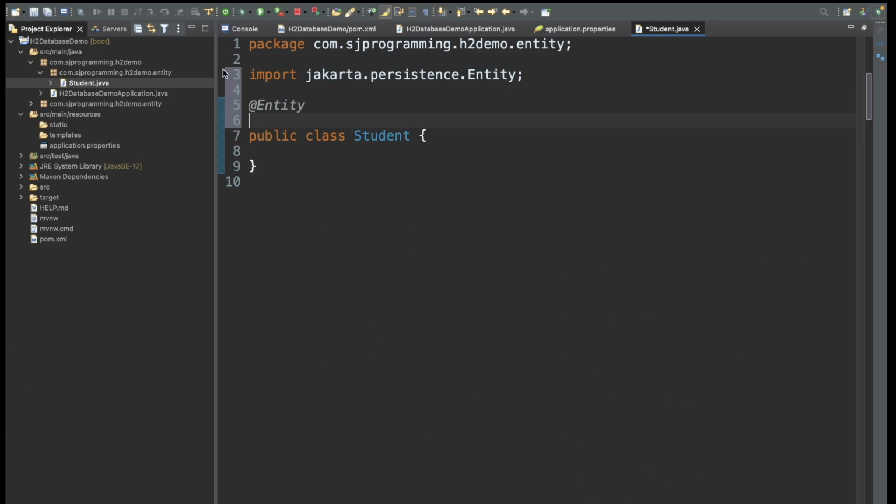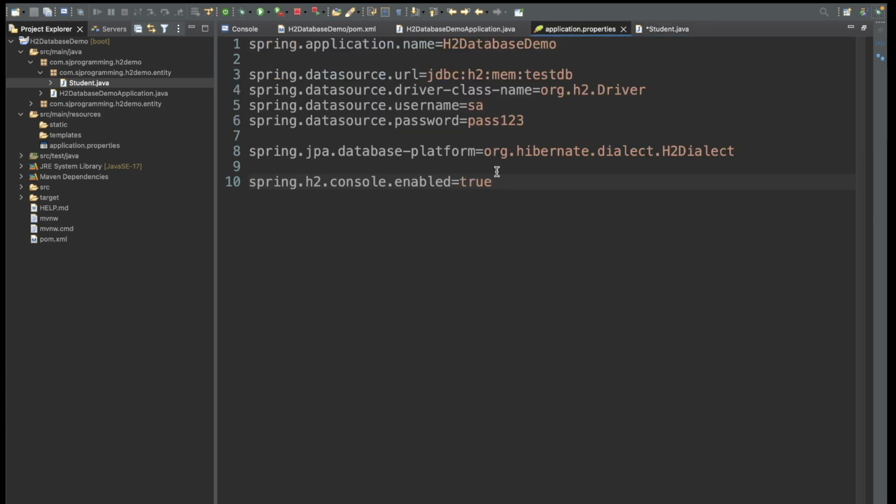And then, as I don't want to create the table by myself, I don't want to create the table, columns, all of the things by myself, we will use Spring Data JPA for that. And if you don't want to create the table by yourself, then you have to go to your application.properties file,